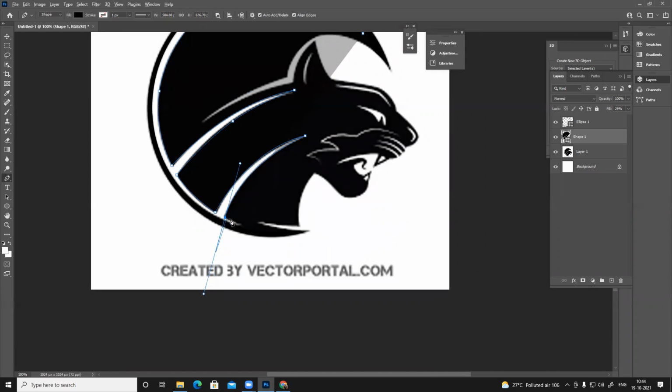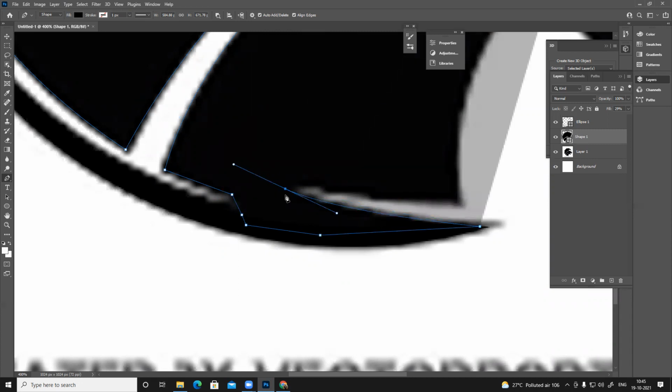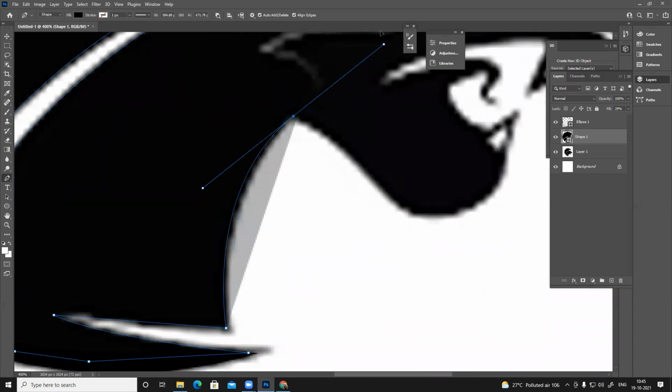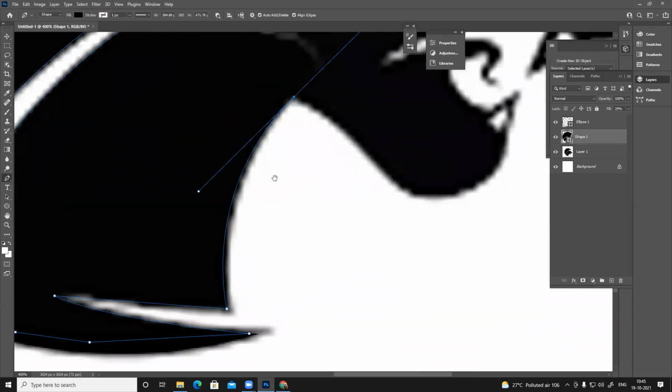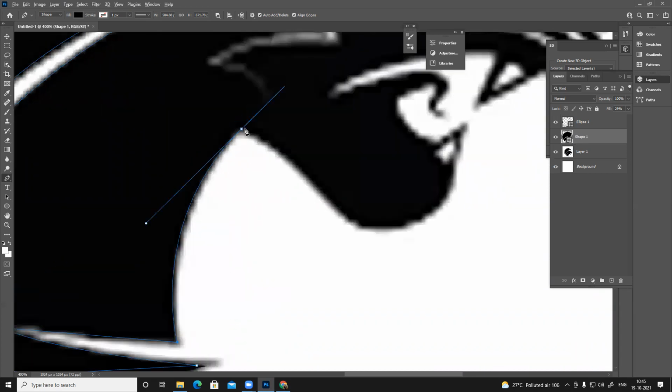Match it perfectly. Alt, remove the anchor point. This thing I need to fill. And this area is already black, so it doesn't matter. I can simply click and create the shape. Slightly outside, Control and move that anchor point. Alt, remove it. You can see it's going inside.